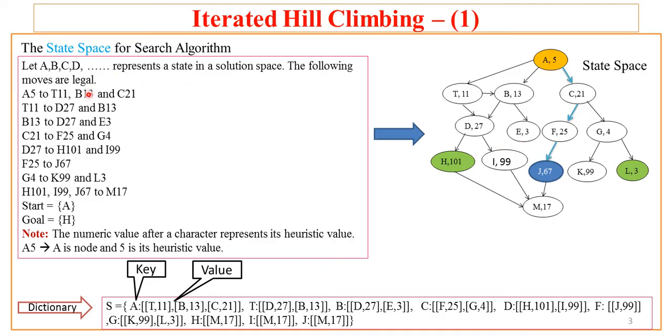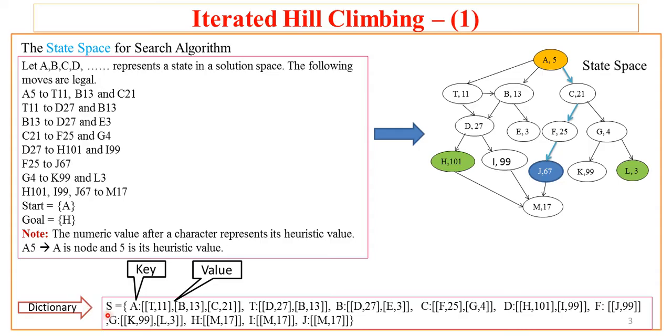So this description of the English statement can be represented graphically, but this graph or these English statements are not basically understood by our algorithm. So we'll try to represent that representation, either in terms of English statement or in terms of the graph which is pictorially represented here as a state space. So none of this is suitable for our algorithm. So we need to have a sophisticated representation of this description of the problem in terms of data structure.